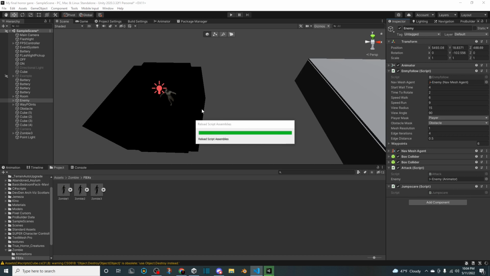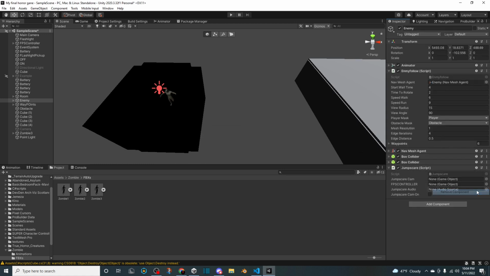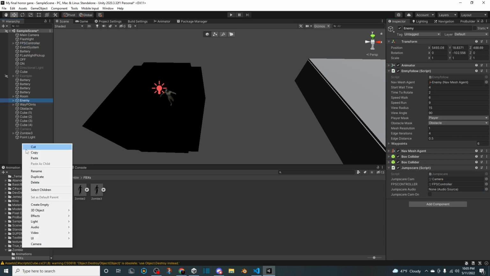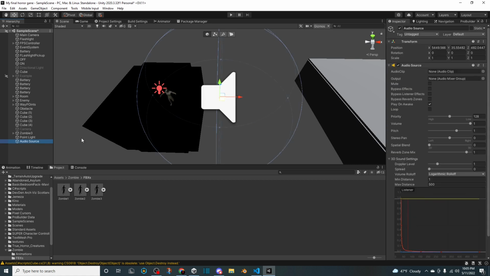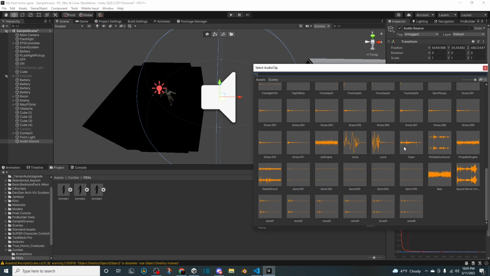Now you attach it to your zombie, your enemy. We're gonna go here, remove the component, and so jump scare camera. So that would be this camera, FPS controller, then jump scare audio. So we're gonna create an audio source, and then don't change it, play on awake, and let's make it